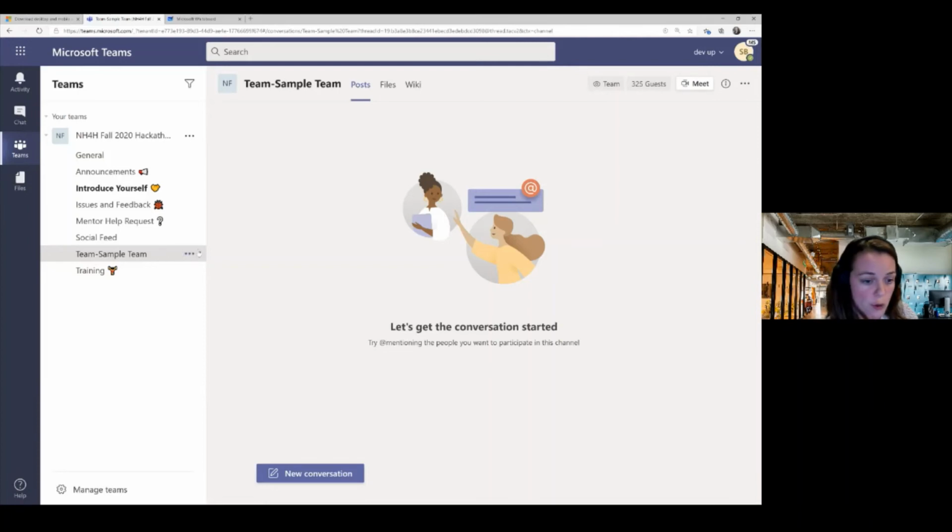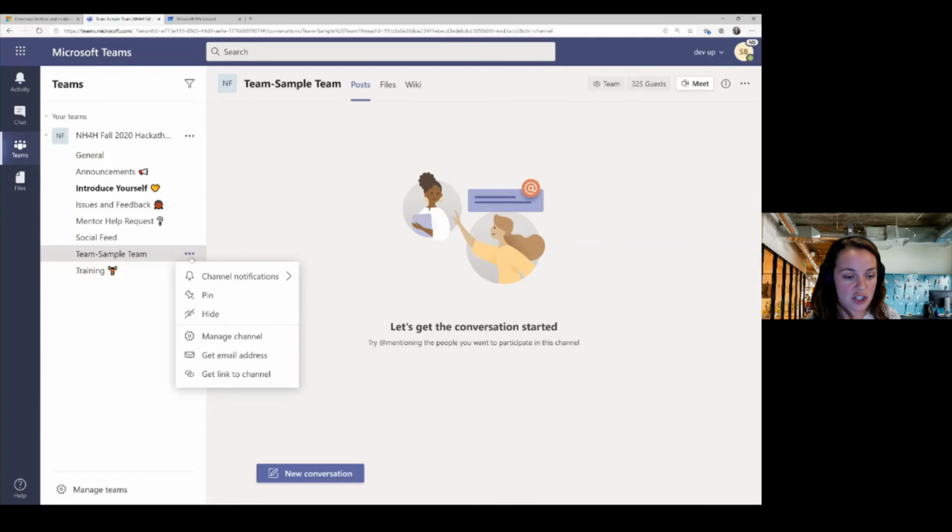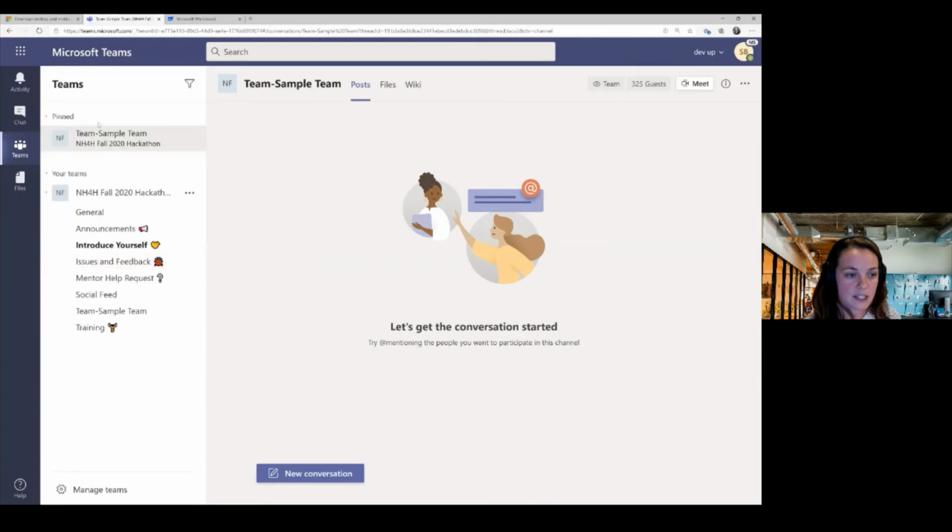So if I want to pin this channel, then I actually can just click these 3 ellipses and click pin. So that will mean that it comes to the top of my team's environment. So it's a pinned channel, come to the top.